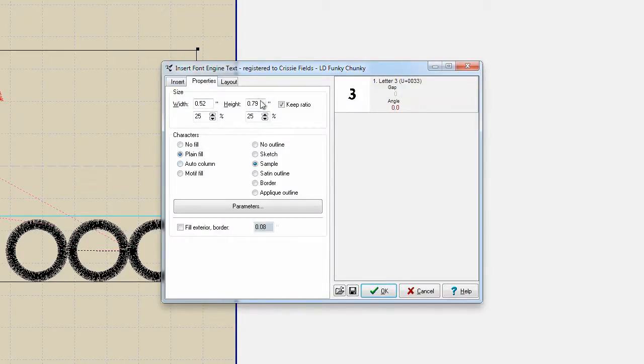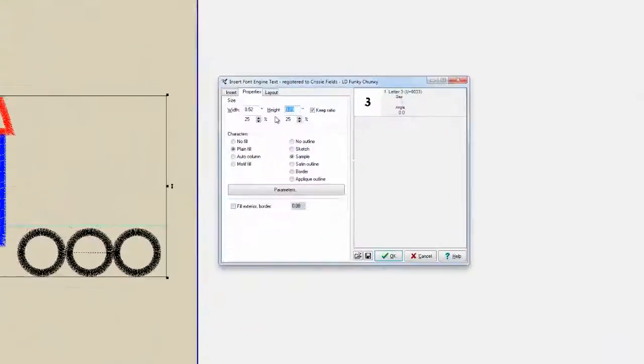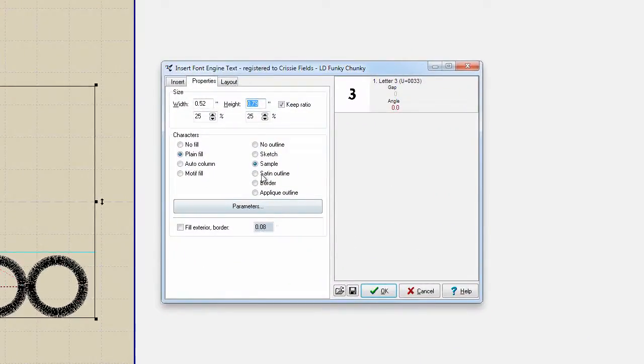Right off the bat, we know that we're going to want our 3 to be in proportion to our train. So let's make that 3 inches high. You'll see that because we have our keep ratio box checked, the width is going to increase in proportion to the change that we're making to the height. From here we want to choose no fill on the characters, and choose applique